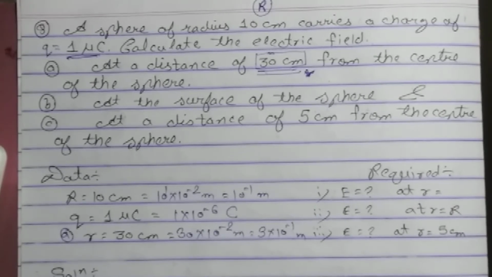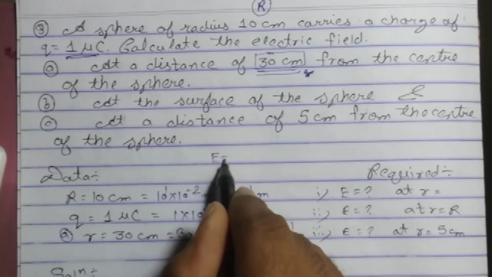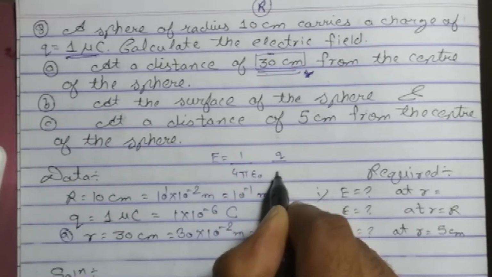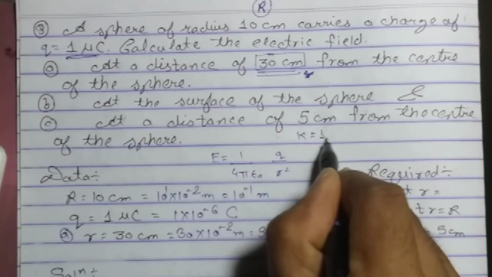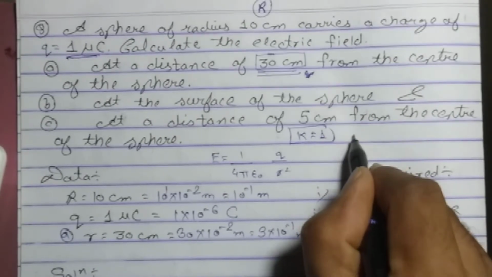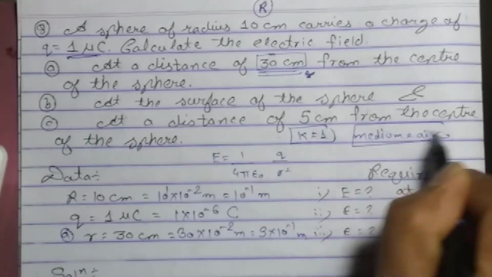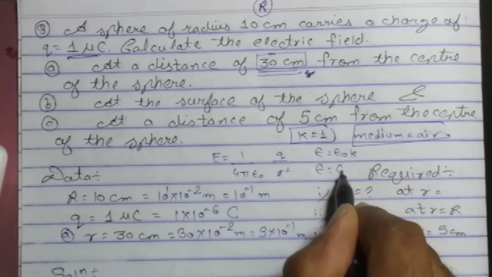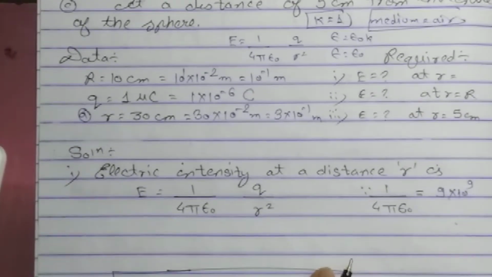Students, we know the formula for electric field intensity at a point. So what is the formula, students? As I derived in the last lecture, E equals 1 upon 4 pi epsilon naught, Q upon r square. Students, here the medium is not mentioned. If the medium is not mentioned, the dielectric constant is always considered as 1. That means the medium is always air or vacuum, and in air and vacuum, the K value is always 1. That's why epsilon equals epsilon naught K, so epsilon equals epsilon naught.